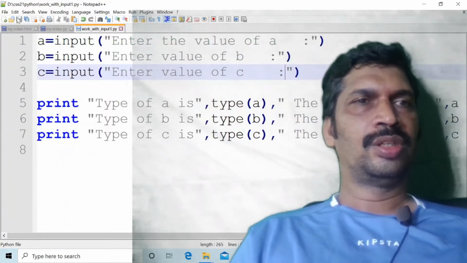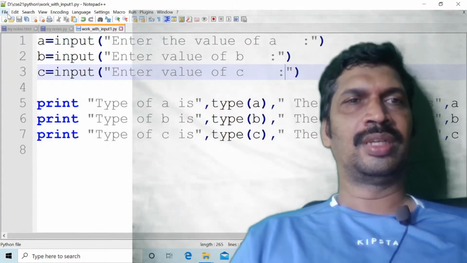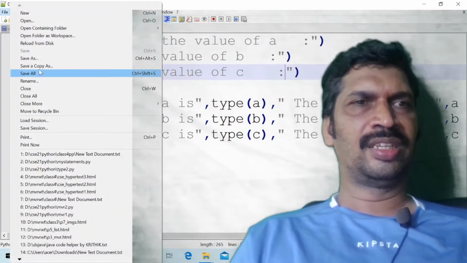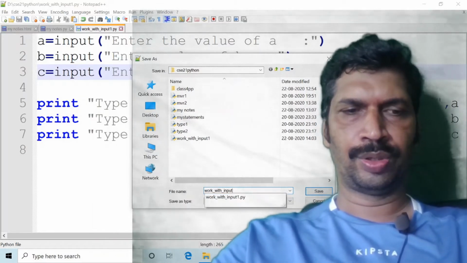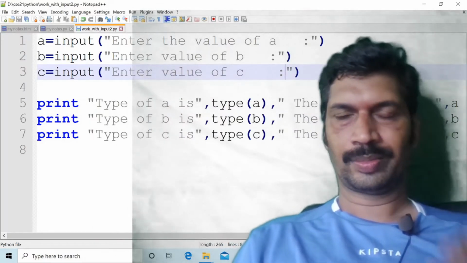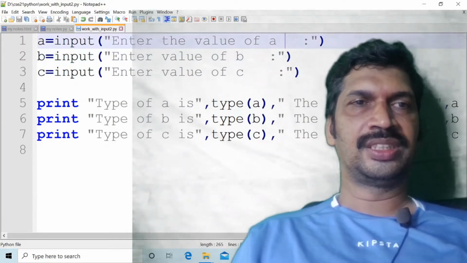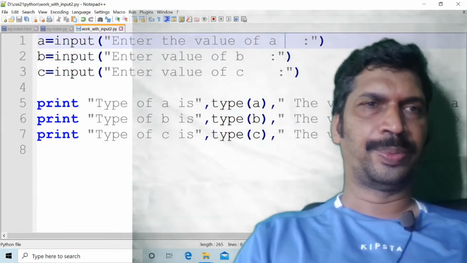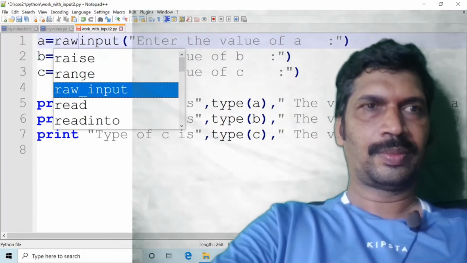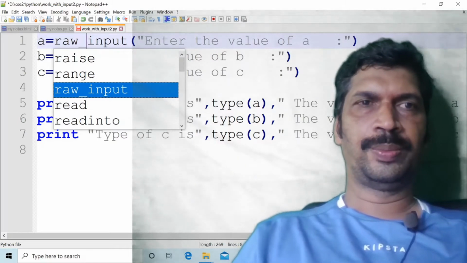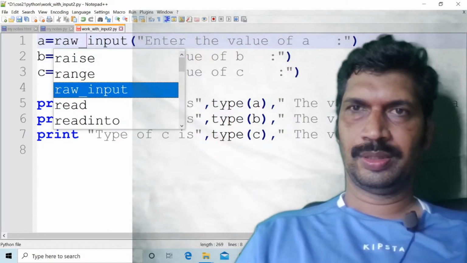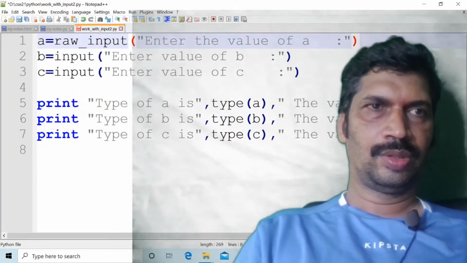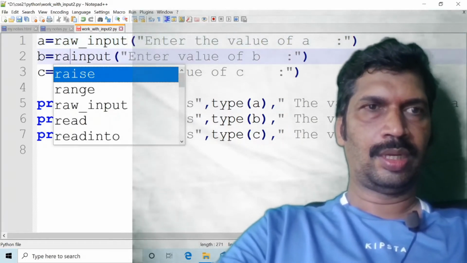In this program I am changing the function name to raw_input, and saving this file as working with input two.